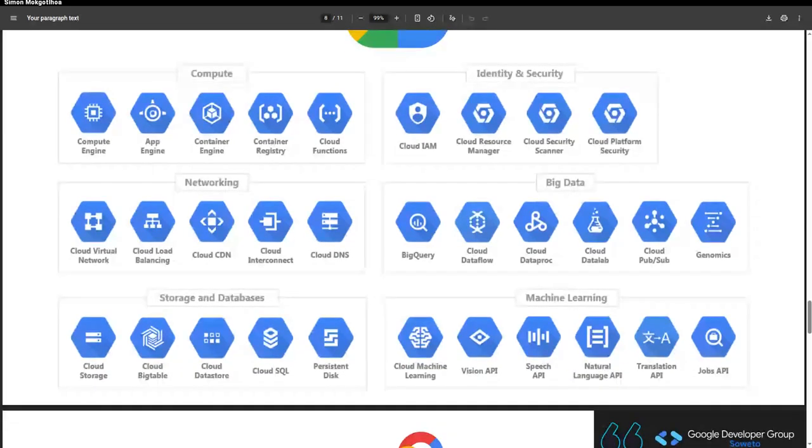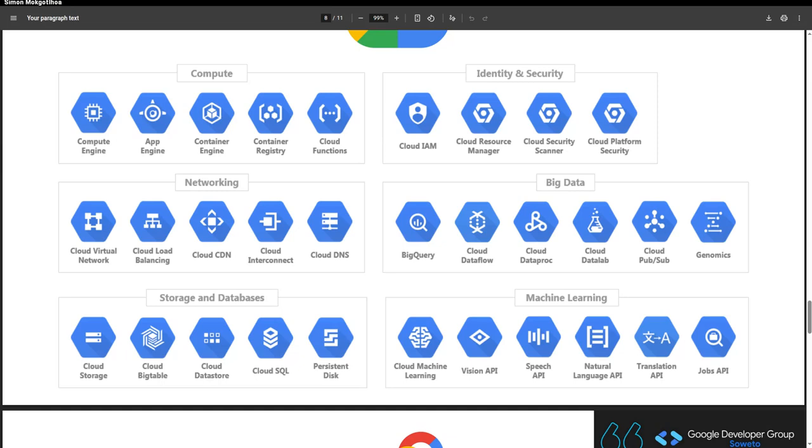So, for compute, we have things like App Engine, where App Engine is essentially a platform as a service that allows developers to build and run web and mobile applications without having to manage the infrastructure, right? So, like I said, it's the same instance as Compute Engine.